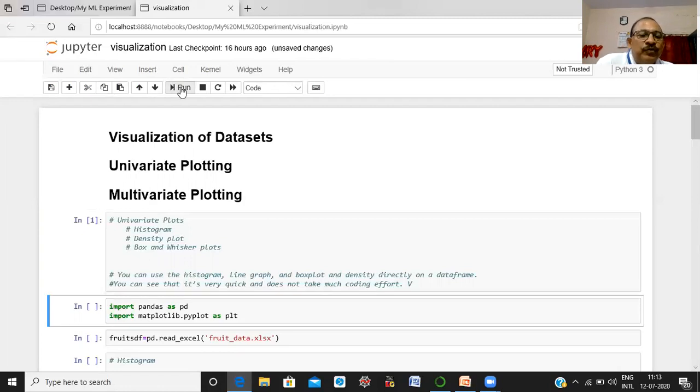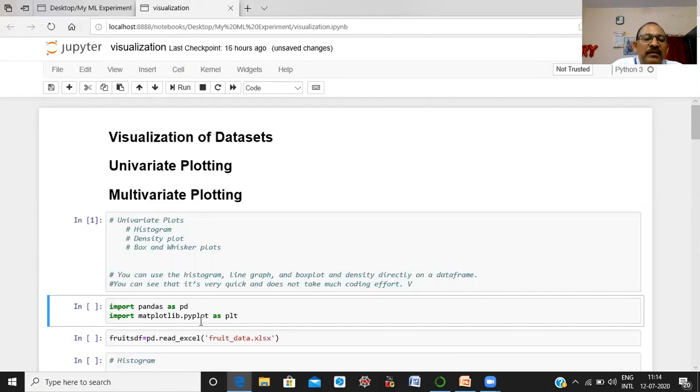Okay, next we import two libraries. One is the pandas library and next is matplotlib. Matplotlib is a plotting library, and here you can see we use the pyplot module.